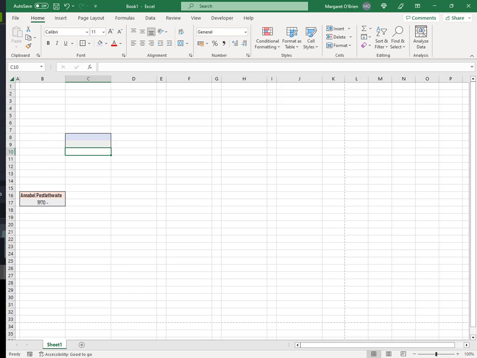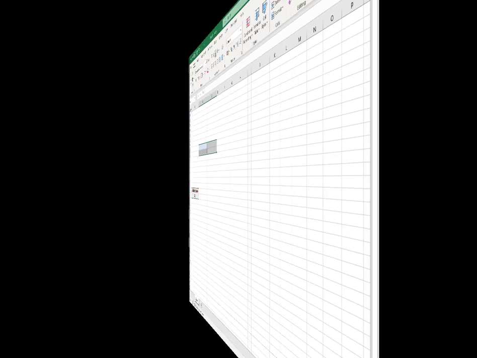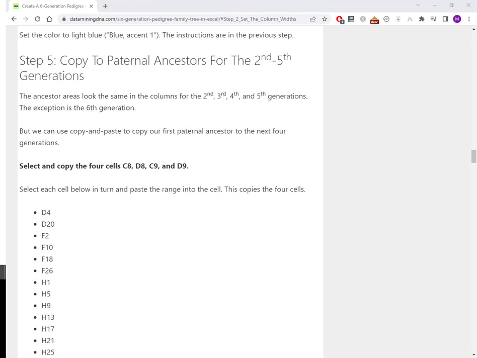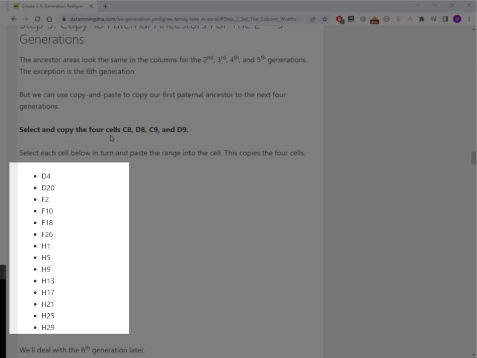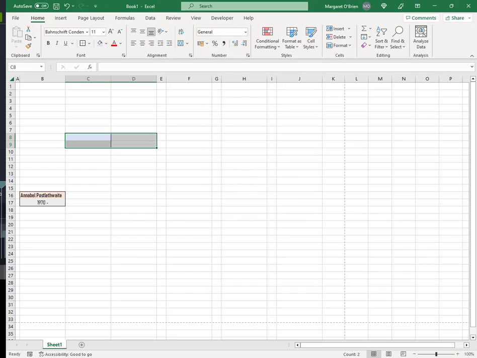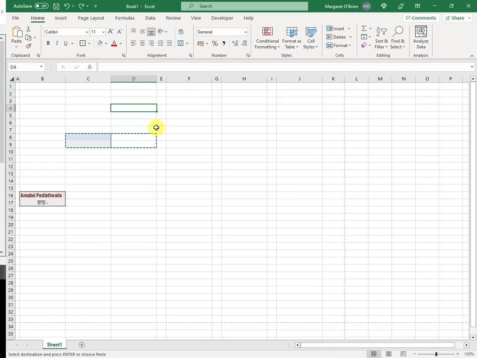I am now going to copy these 4 cells to all the male ancestor fields. So switching back to the companion article, we're going to copy the 4 cells in turn into each of these ancestor areas. We just work our way down this list. So having selected the 4 cells, Control C, insert into D4,